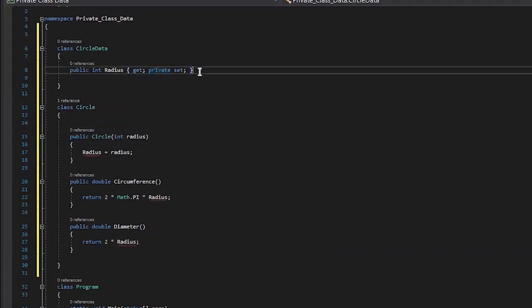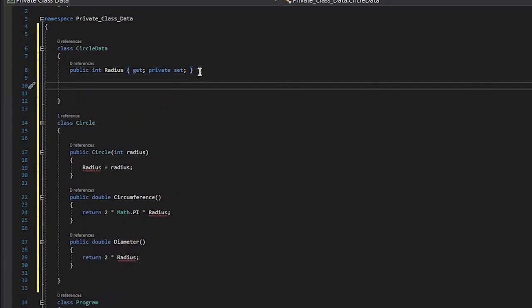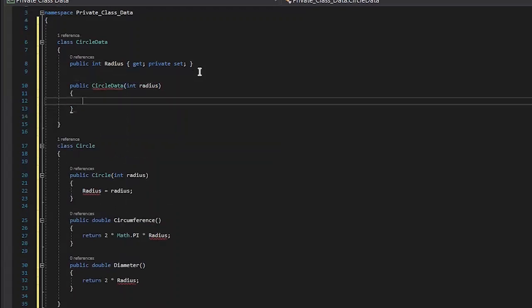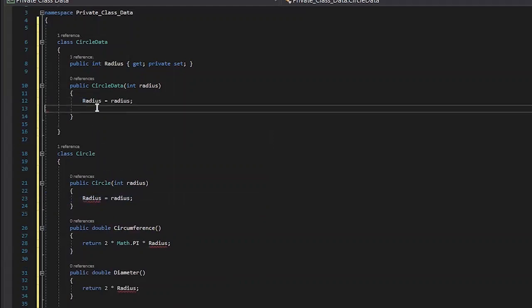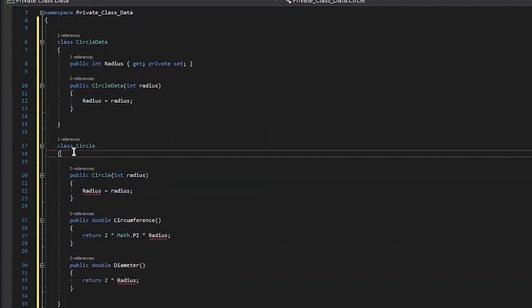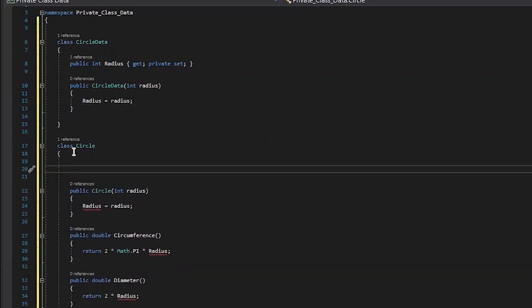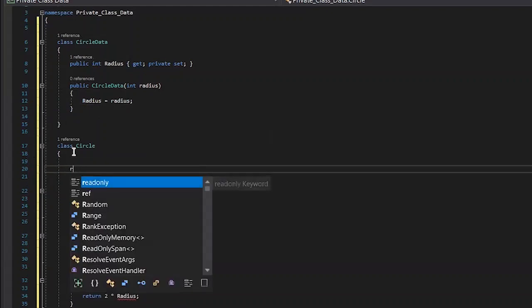We will have a private setter and just a public radius. Whatever we are doing here, we can do in this class. And instead, we will keep an instance of CircleData in the Circle class.